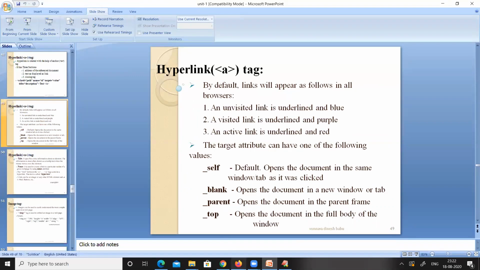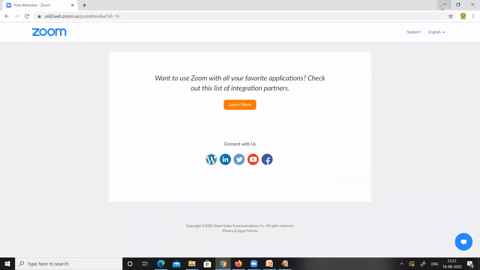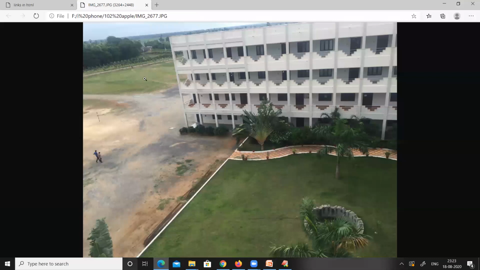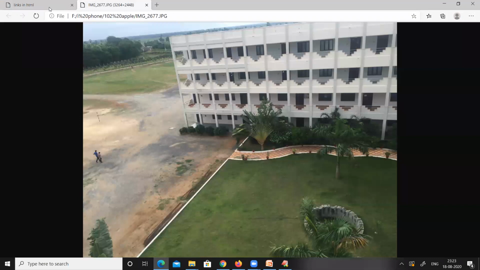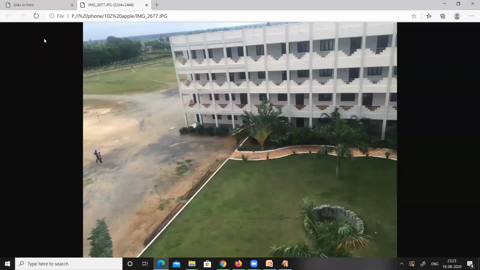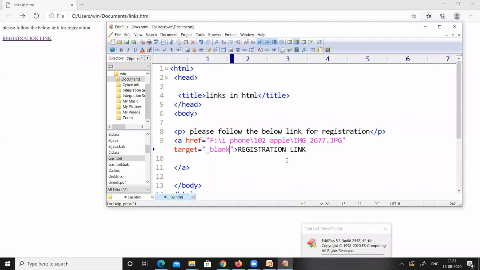So now the link is active. One second. Now the link is active. Let's see whether the link is in red color or not. I think the color is not changing. So I will verify and I will show again. You can observe that when we make a click, the color of the link has changed to red, and then it is going to open that particular link. Okay, so this is how we can create links in HTML.